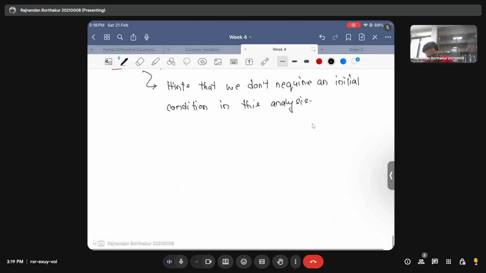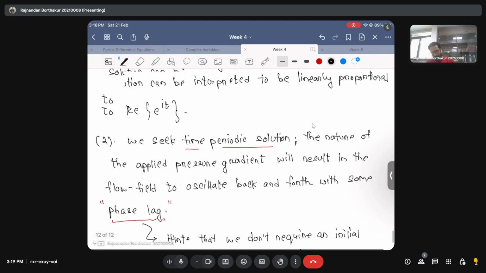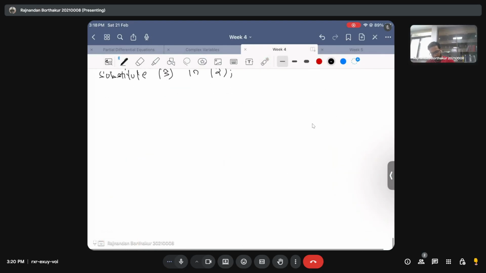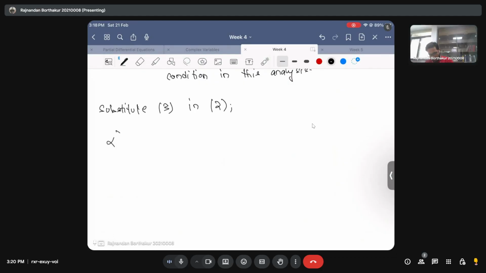Okay, that's it. So now that's what we'll do now. So substitute 3 in 2. Okay. So let's calculate this part by part. Okay. So first in the left hand side we have the term alpha square del u z by del t. We can write this as del t of